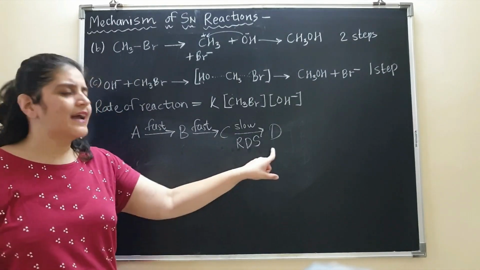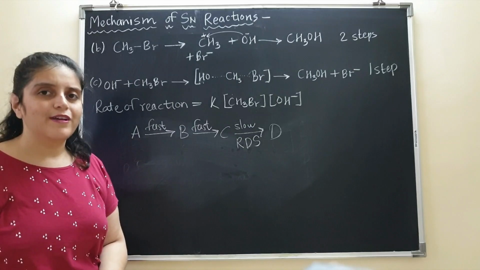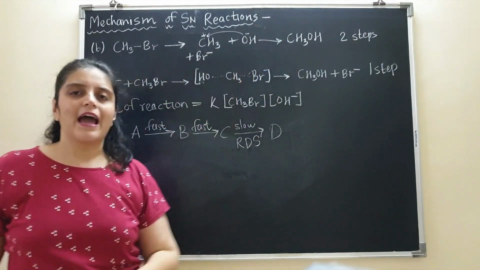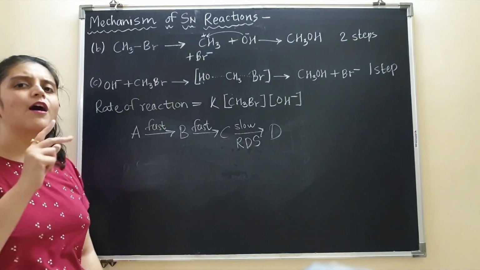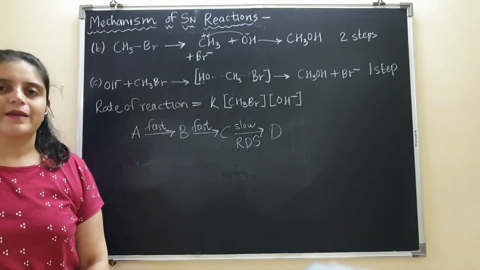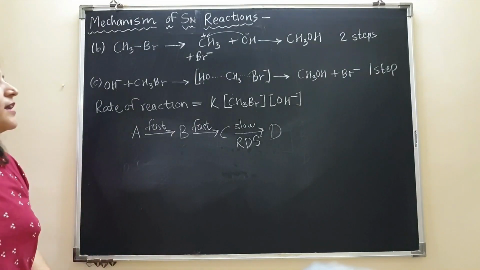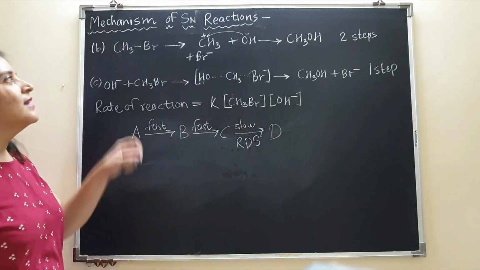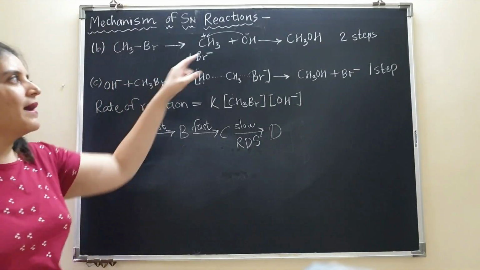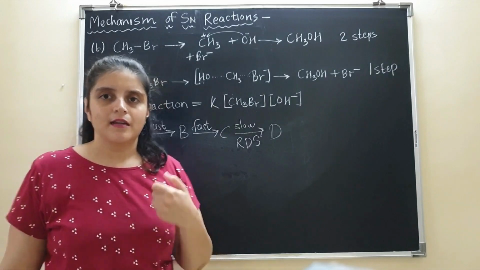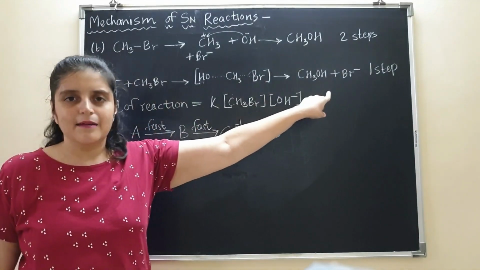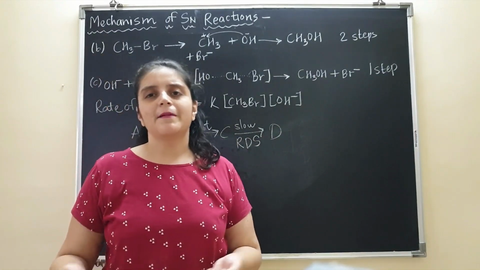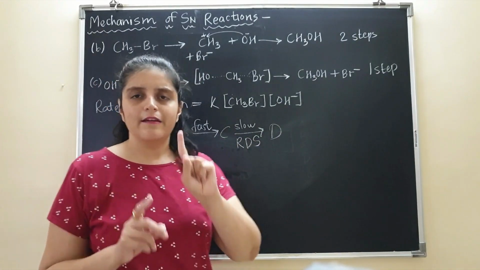Now, so you have understood that the rate of the reaction depends upon the slowest step. So now here, if you observe the first mechanism that we have written over here, it contains two steps. So out of two, one has to be slow, one has to be fast. So now in this particular case, if at all the mechanism is taking place by this reaction, then one step has to be a slow step and second step has to be a fast step. But if you look at the second mechanism that we have written, there is only one step. So there is no question of the slow step and fast step because there is only one step.